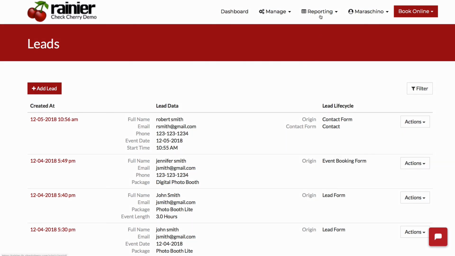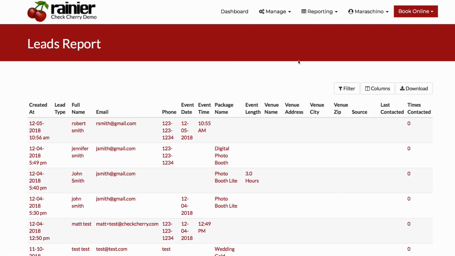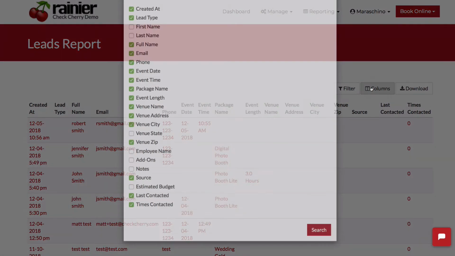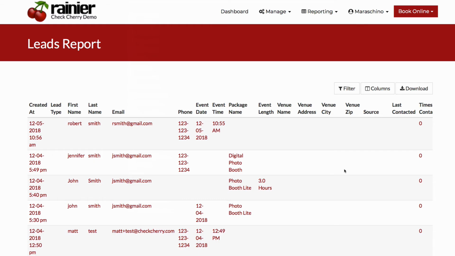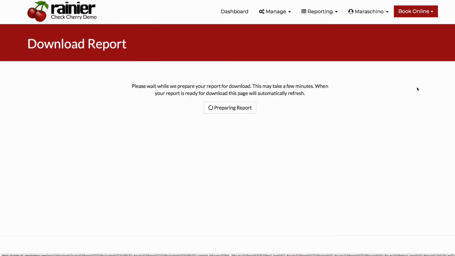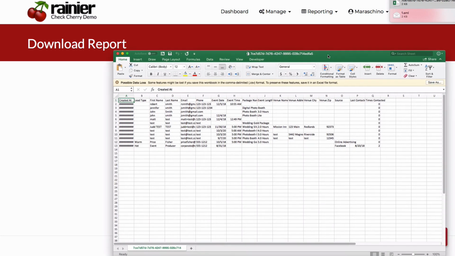And finally, we can always go into reporting and download all of our lead details at once. So I can configure which columns I want. Let's go ahead and turn the first name and last name on and the full name off. And let's go ahead and hit download. And once I click download, I now have an Excel file with all that